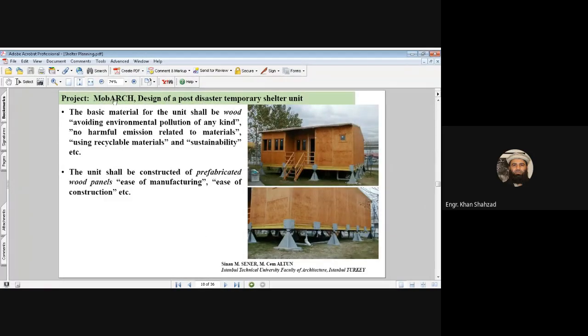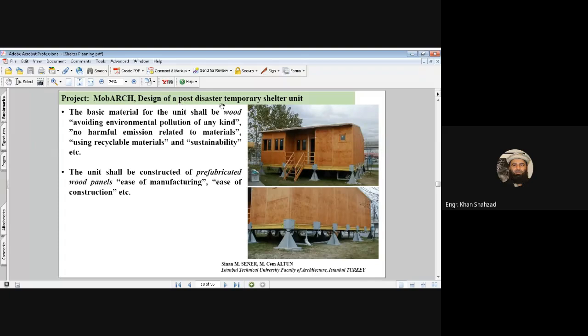This was another project. I have shared the research papers of these people. This is Noman. This is Mob Arc, or how to pronounce this one? Mubarak, maybe. Yes, Mubarak. Let's ask Asadullah. Sir, mob like mobile and arc from architecture, mobile architecture. Yes, this is like mobile architecture. How you can provide mobile shelters. Okay, good. Asadullah, you are now smart.